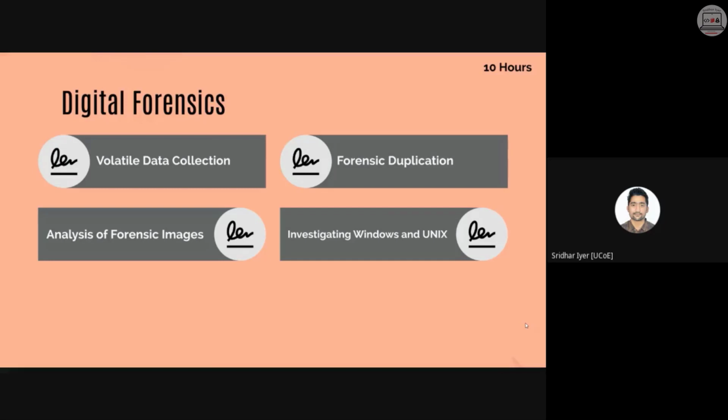As a result, the company data was at stake. She used to spy the data and sell it to the competitors. So this is an actual case study. I will not tell you the name, but this actually happened, and this was traced after 2 or 3 months based upon the high traffic rate of that particular desktop machine. Okay, so we are going to learn how to actually retrieve the data once it is deleted, how to create forensic duplications, how to investigate forensic images and Windows and Unix machines. So this is all about this particular subject.